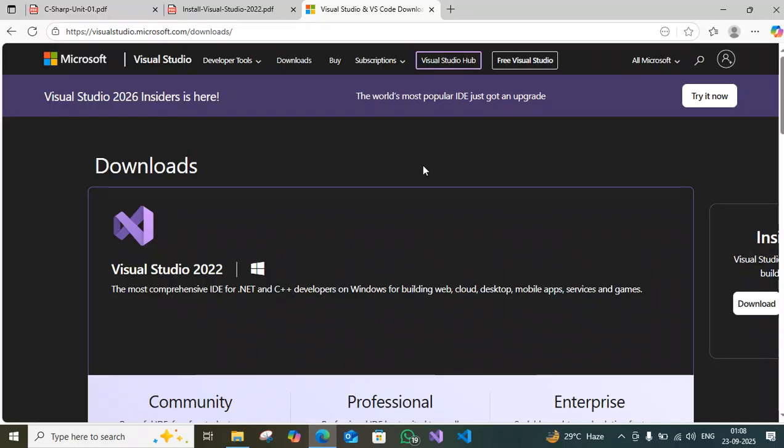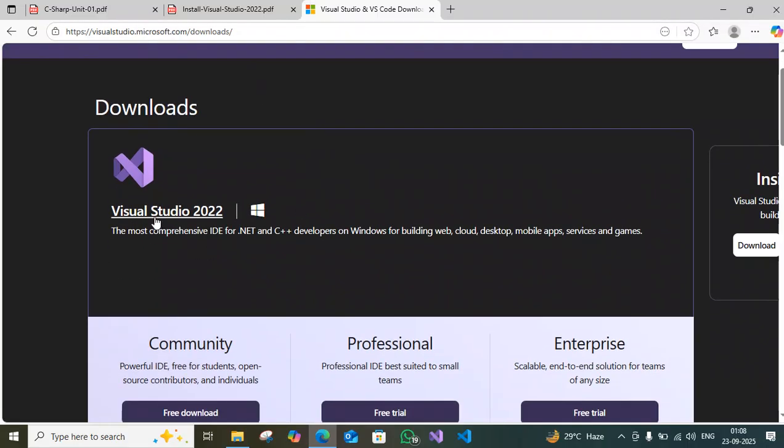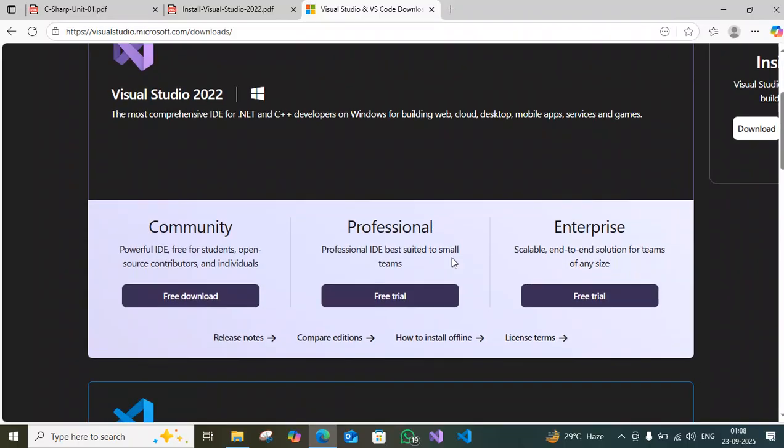Then once we click, we will have the Microsoft portal here with visualstudio.microsoft.com under downloads. Okay, there will be three options under this application version. First one is community, second one is professional, third one is enterprise. Based on our requirement, client requirement, we can choose, but for study purpose, we will use free download options,